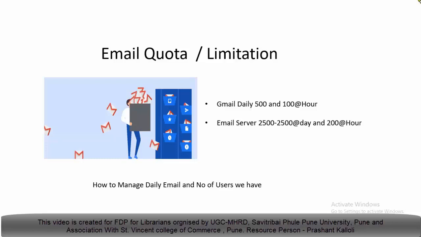Various email server providers allow up to 2500 mails per day and 200 mails per hour. It may be a subscription service. If you have a Google G Suite account, then you can send 1500 mails daily. So if you have a G Suite account, you can opt for this service too. Ask your institution if they have taken a G Suite account, then you can use that account in your applications for sending mails to students regularly.